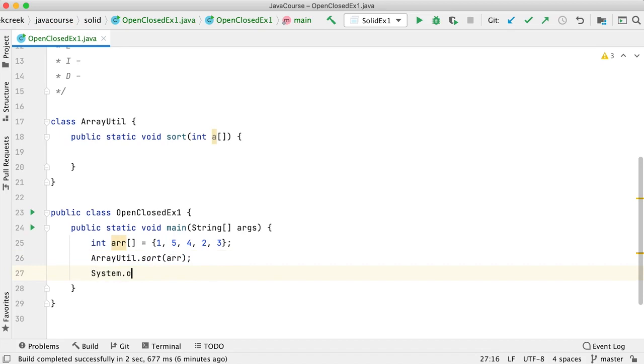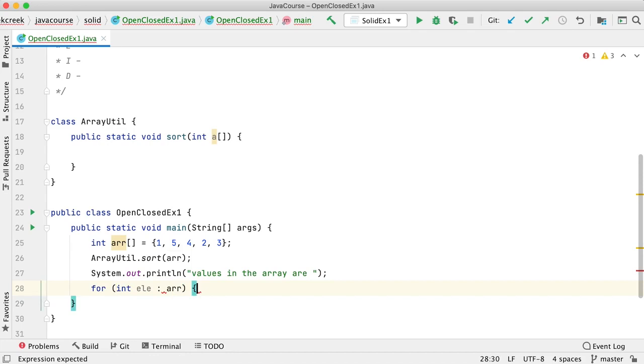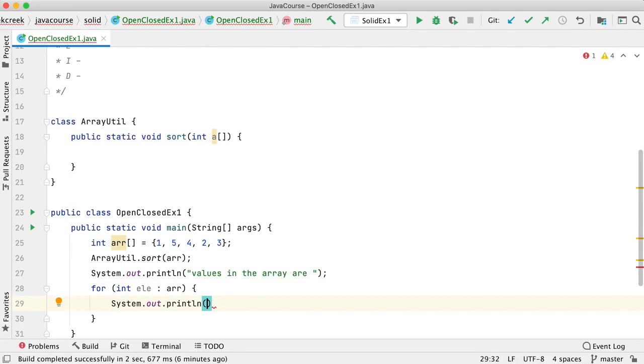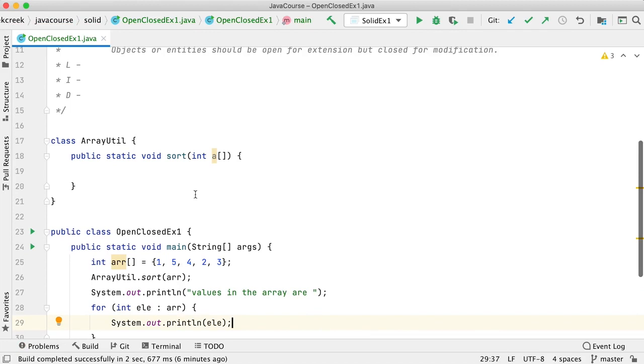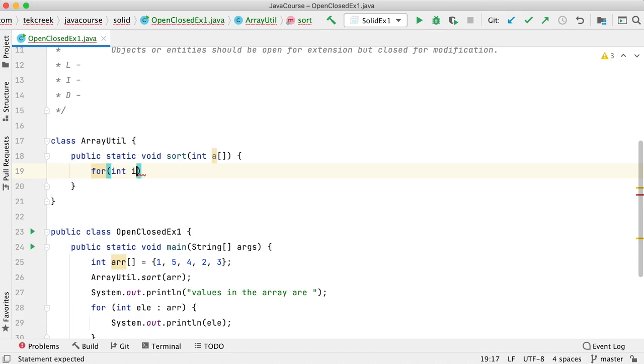And then I'll simply print "values in the array are", and for each integer element in arr, simply print it. Good. Now let's put in our very inefficient sort logic, maybe a selection sort or something of that sort. For int i equal to 0, i less than a.length, i plus plus.